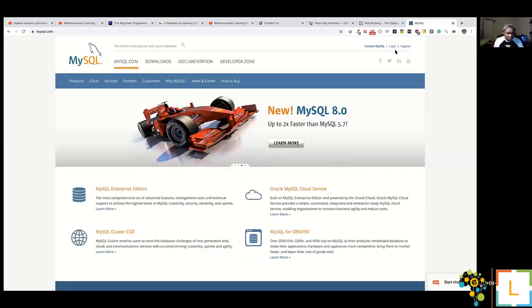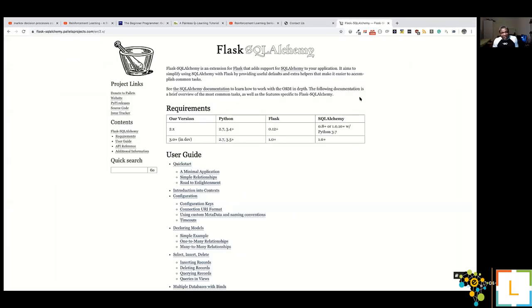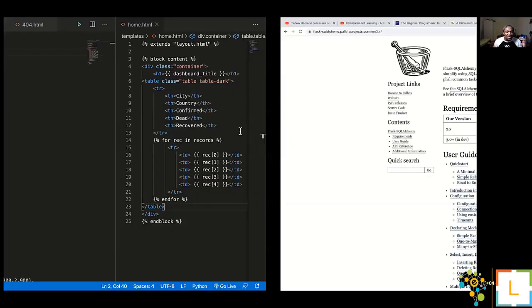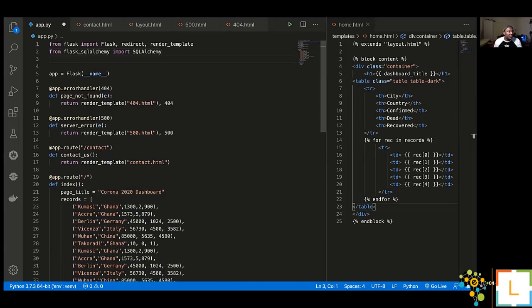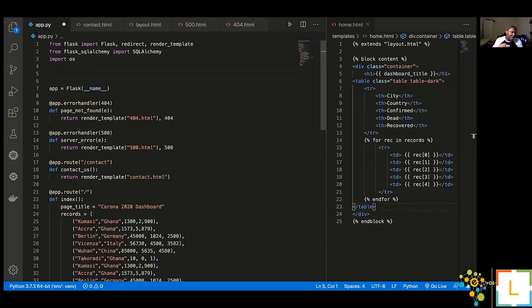Okay, so let's go and see how we can get SQLite to work with our application. The first thing we need to do is know where we are going to store our database. So I'm going to import os. os is just a module in Python. I will use it to resolve to the root of our folder. I'll say base directory. You can call it anything you want, but people call it base dir. So I'm going to say it's equal to